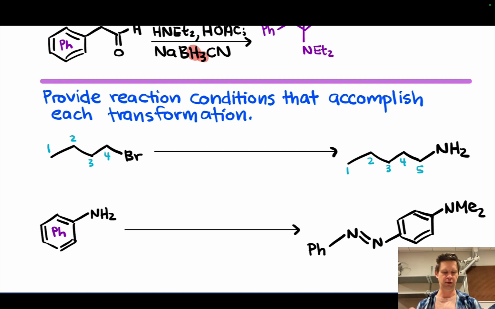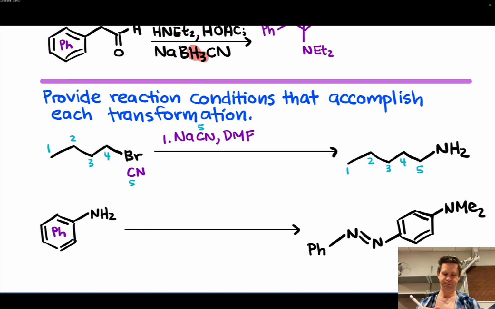To add an extra carbon and a nitrogen, I think the easiest way to think about this, and there are multiple approaches, this is only one, is to think about using cyanide as a source of carbon and nitrogen already linked together. So something like sodium cyanide in a polar aprotic solvent like DMF can do an SN2 substitution and put a cyano group where that bromine is located,